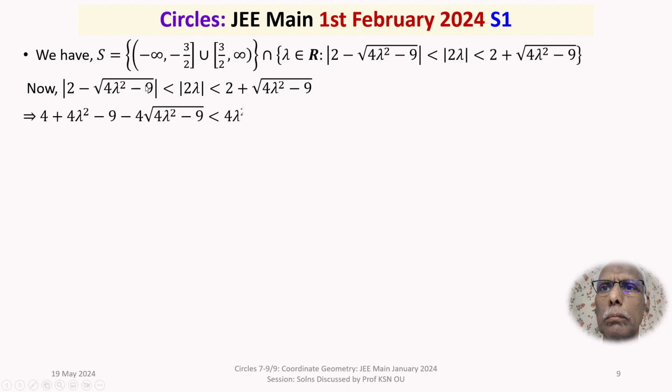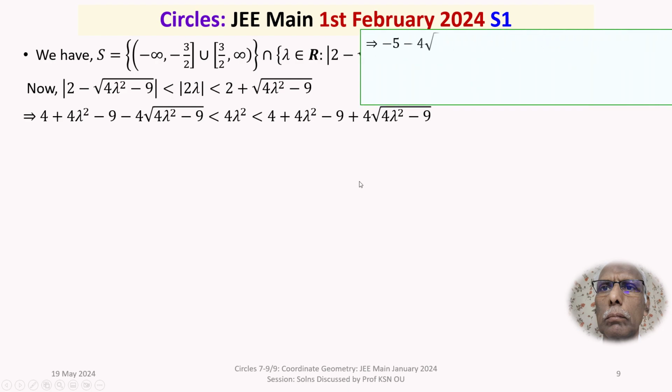Right, we will square on both sides. So square it. This is the square of it, and mod 2 lambda square is 4 lambda square. And this is the square of this one. Right. So in this, 4 lambda square cancels throughout. Then you will get 4 minus 9, that is minus 5, minus